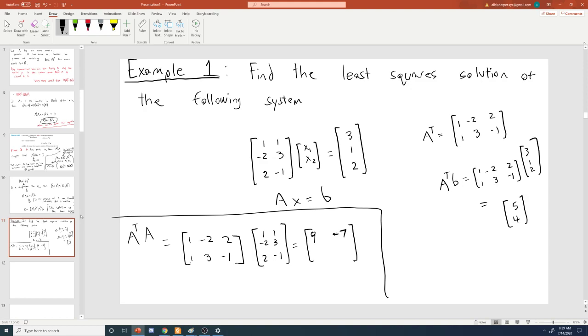And then the next one is going to be this column times this row. So 1, -6, -2. So that's also going to be -7. And then finally, I take this column and this row, and I get, I believe, 11. So let me double check myself. And that's correct. So the system I actually need to solve at this point, the least squares system,